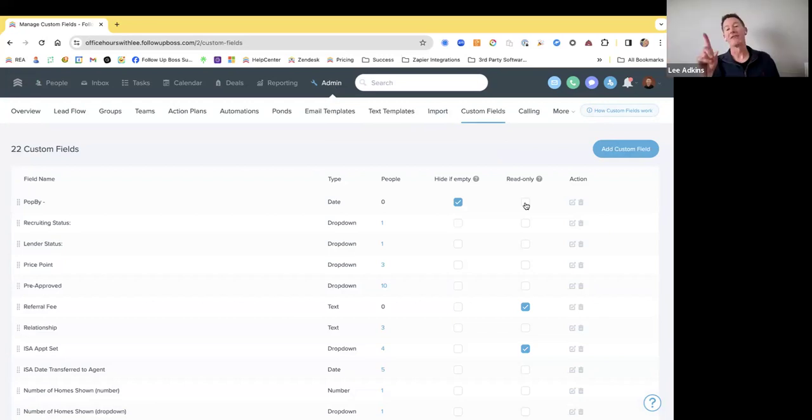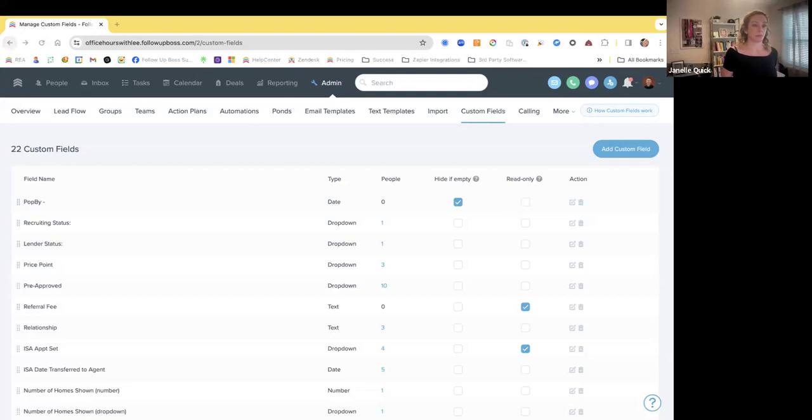And for clarity, they can fill it once when it's blank. Yes, so they can fill it initially. They can't change it. So that's a good feature for, I mentioned the ISA thing earlier. It's good for that. If you want to lock down who set this appointment, nobody can change it. What was your other example? It was great for that too. I just forgot what it was